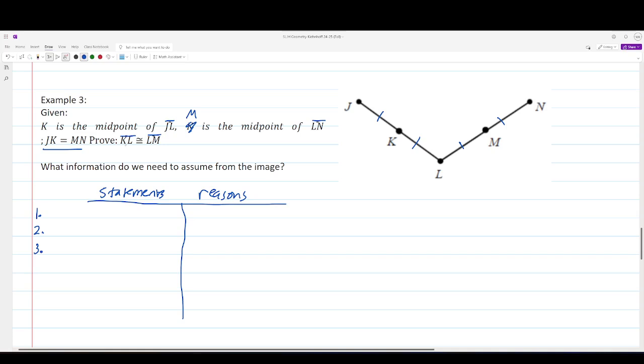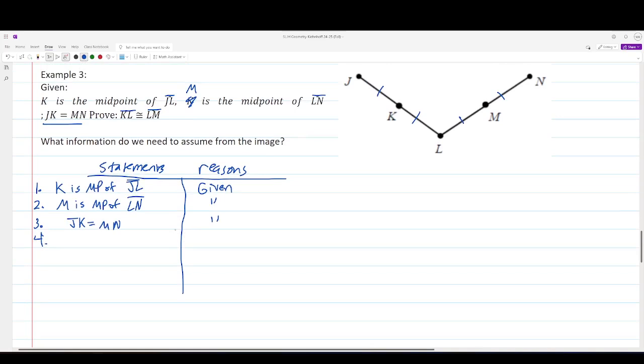So our first given is K is the midpoint of segment JL. The reason is given. Our second given information, M is the midpoint of LN, also given. And the third thing is JK is equal to MN, also given. So lots of given information. For number 4,